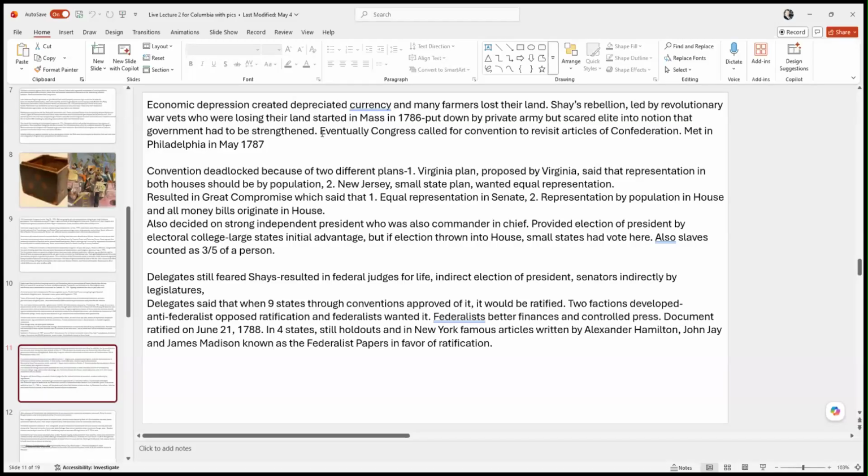What happens if the British decide to come back and reopen hostilities? What if we get into a war with Spain or some other country? We're not going to have a way to have a military. So this led the Congress to decide to try to have a convention to basically redraw the plan of government for this new country. And they met in Philadelphia in May of 1787. They met for that whole summer, and they called this the Constitutional Convention.